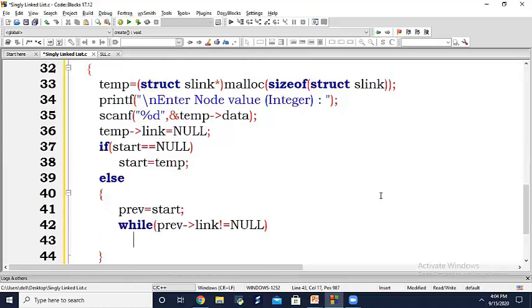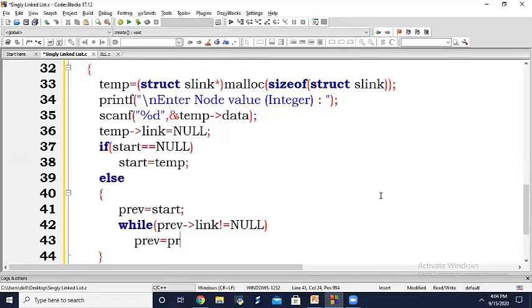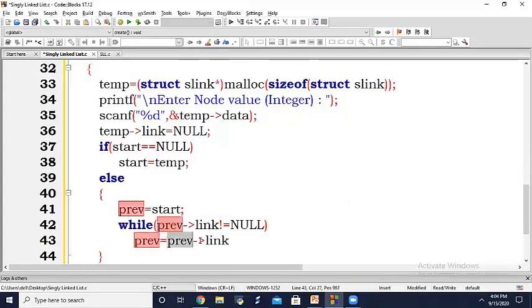In order to move to the next node, we use this statement: prev equal to prev of link. So prev is assigned with its link part, which contains the next node address, which points to the next node, right? So from the present node, you have to move to the next node. For this purpose, I am using this statement, prev assigned with prev of link.